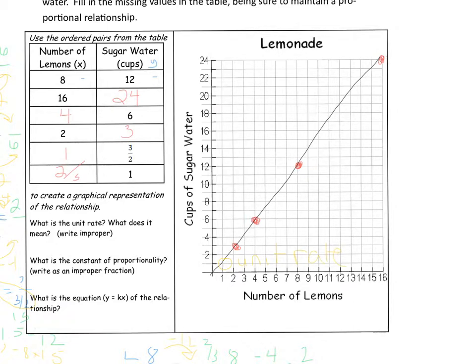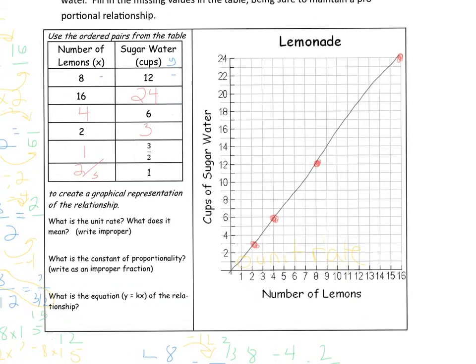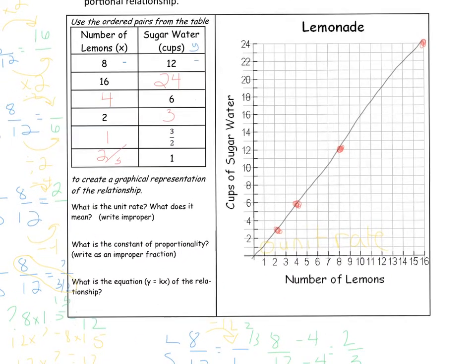Now, it doesn't line up exactly, right? We can look at that and see it doesn't, but we knew it wasn't because based on the chart, we got these fractions to deal with. So in looking at this, where I circled and then wrote the word unit rate beside it, it said 1 lemon. Well, look at your chart. For 1 lemon, what does that mean? That means if I've got 1 lemon, I have 3 halves,